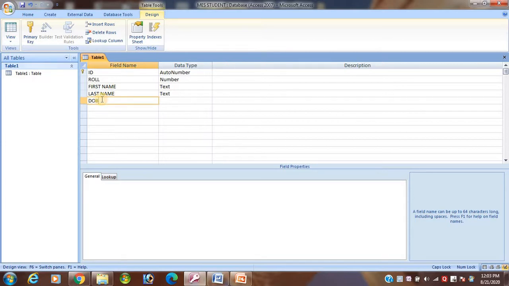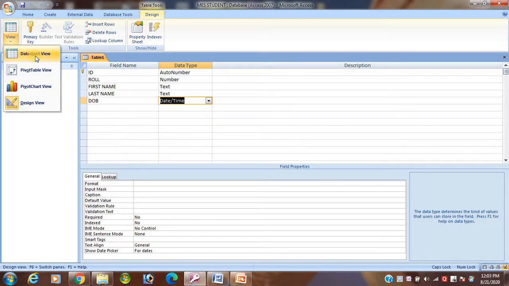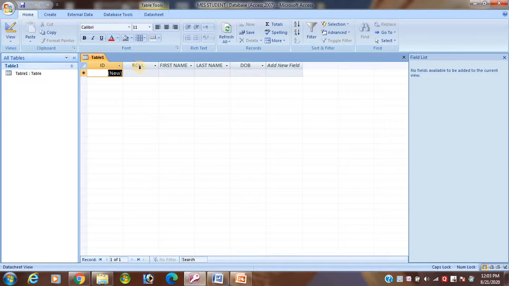I want to give the student date of birth. In the date of birth, a date will be mentioned. So for this, don't specify text, here date and time will be there. So in this way student, you make the field and specify the data type, then save that one. If you want to see, you can see that one. You see datasheet view, roll number, first name, last name, date of birth I have created. Yes or no student? When you give the information, that is your record. Is that clear student? So this one I will display thoroughly in the next video class. Is that clear? Student, try to understand up to this one.